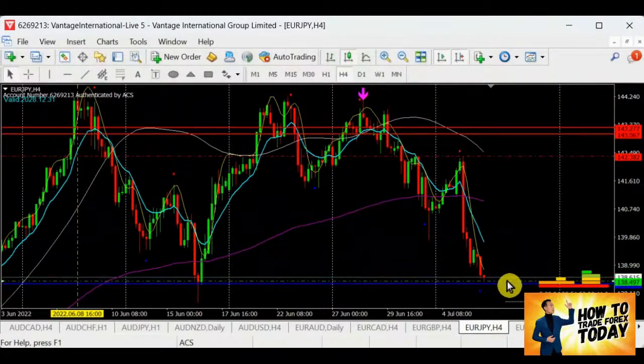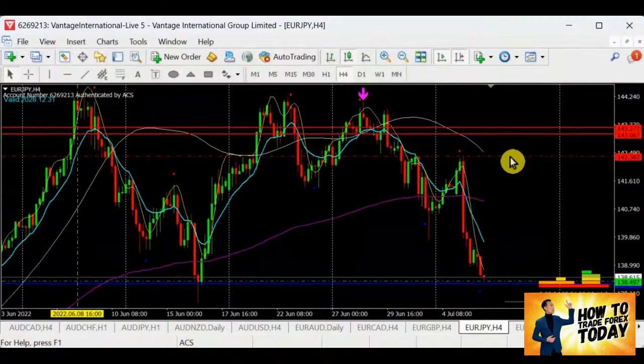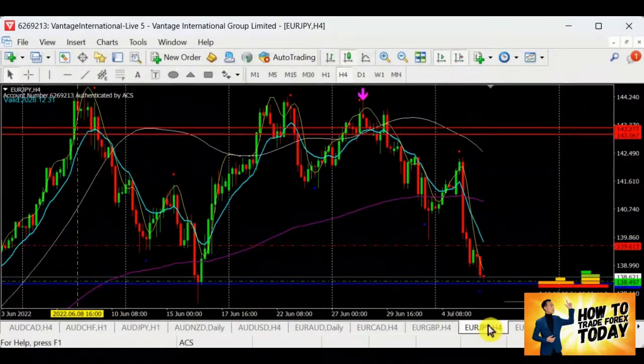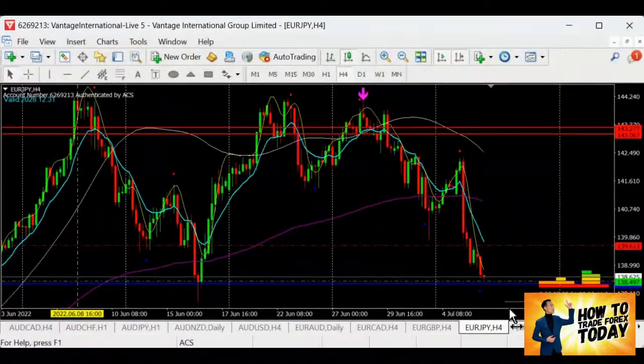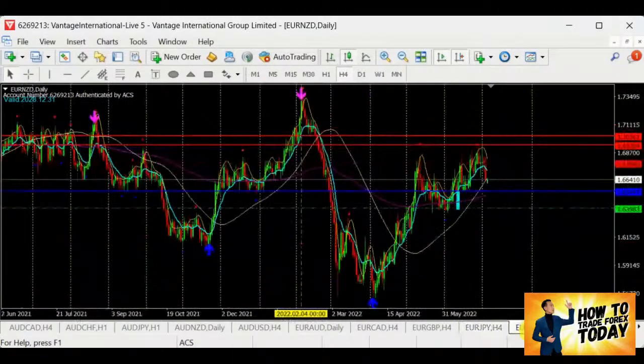So tentatively, if I want to continue the selling of this Euro Yen, I will be looking out for the Euro Yen to break the support with a new resistance below, then we shall sell. This looks very similar to the Pound Yen. Later on, we'll touch on it. So Euro Yen, is it still good to sell? Yes, the answer is still yes. So I'm going to put this into my watch list.